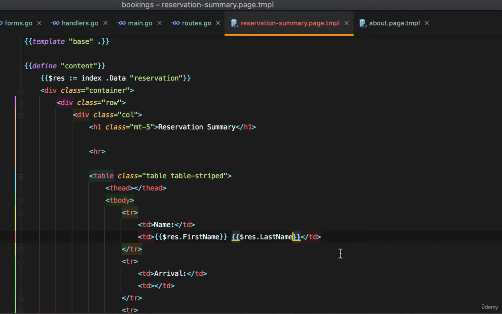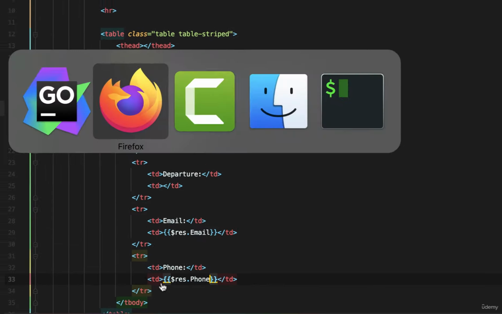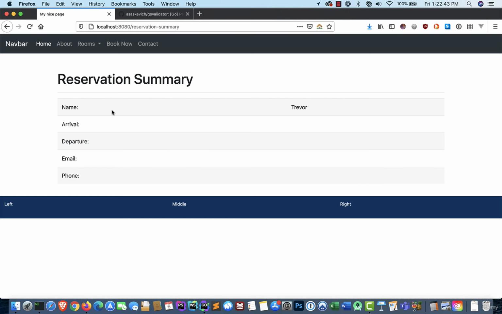So if I come back here now, I can put the last name in. res.lastname, and it has to be case sensitive. You have to match exactly what it's called in the model. We don't know arrival, we don't know departure, we do know the email. So res.email, and we also know the phone. res.phone. So let's save this, and I shouldn't have to restart the application because I just made a change to the template,